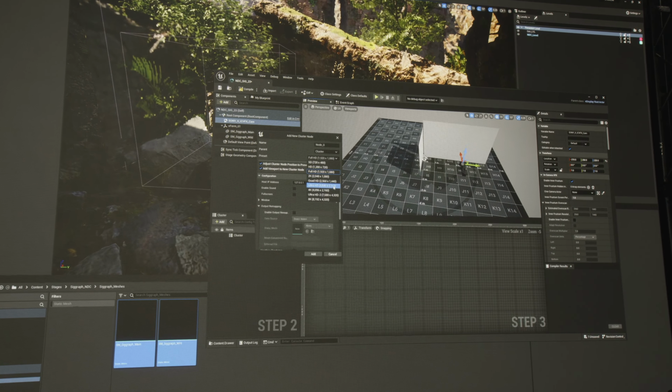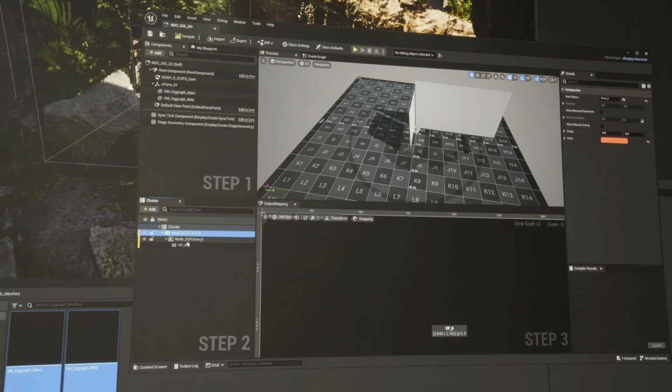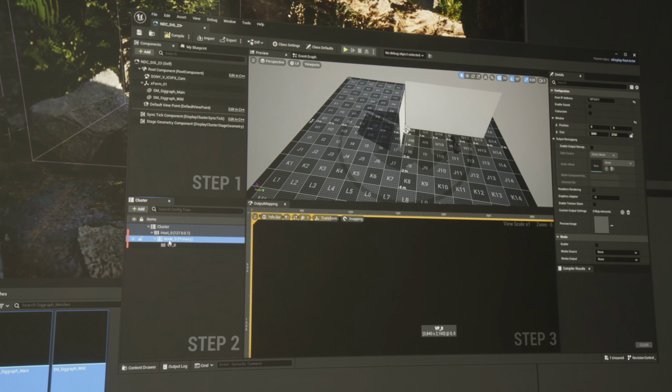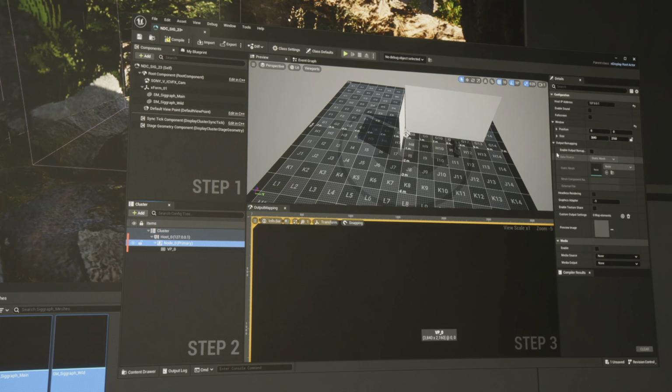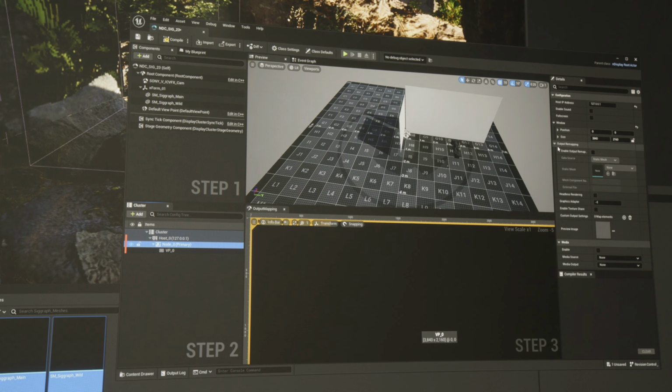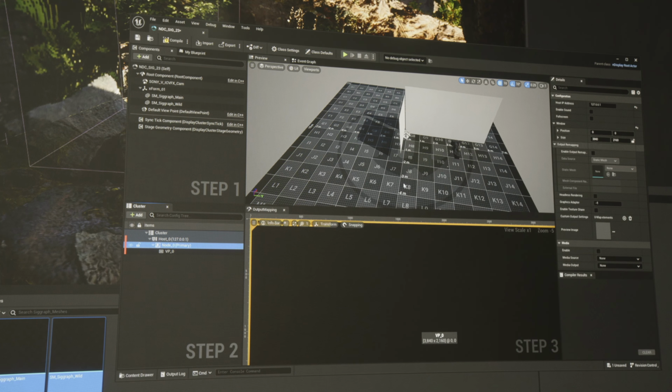There are some things I want to make sure that I have active, though. So I have my frustum and I have my space. These are good, so I'm going to go ahead and hit add. Now, here's my host. And here is my first node. And if I take a look at my node, I want to make sure that there are some settings that get adjusted. And one of those is the name of this. So node 0, typically, I would just rename this